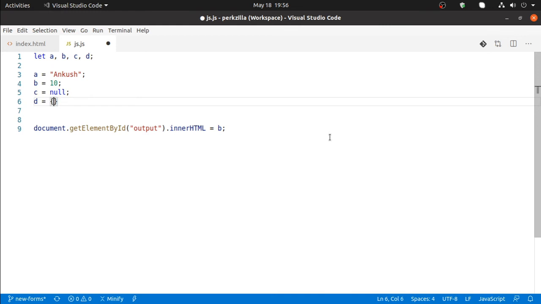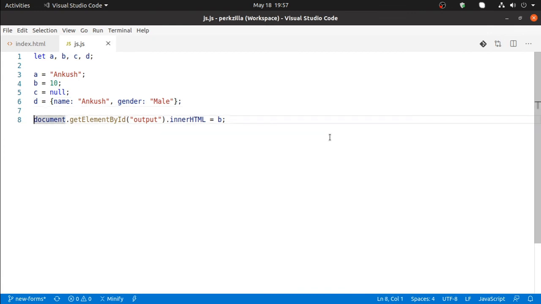So this thing, first name, last name, usually we take, let's say name is equal to Ankush, and gender is equal to male, and that's it. Okay, so this is my object.